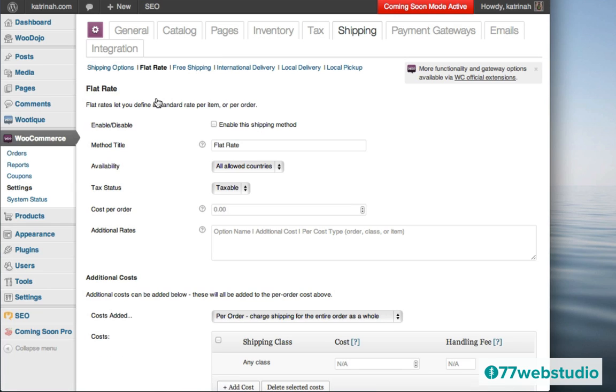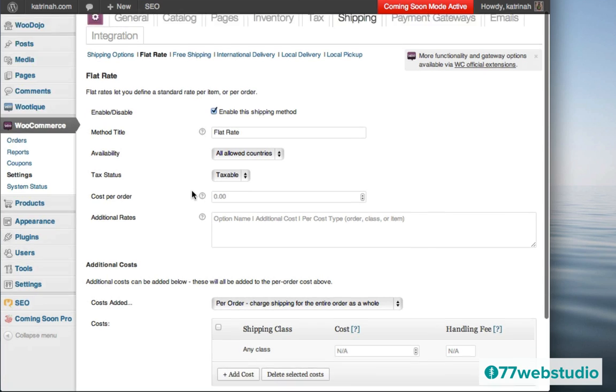And here we are on the flat rate shipping options screen. So the first thing we need to do is enable this by clicking on this button right here that says enable this shipping method. And once again, here you see there are these question marks which, when you hover on top of them, give you a really nice tooltip that tells you what this field does. So we see the method title. This controls the title which the user sees during checkout. So the title flat rate works for me. Everyone understands what that is. It's really clear. So I'll leave it like that, and then I'm just going to scroll down.